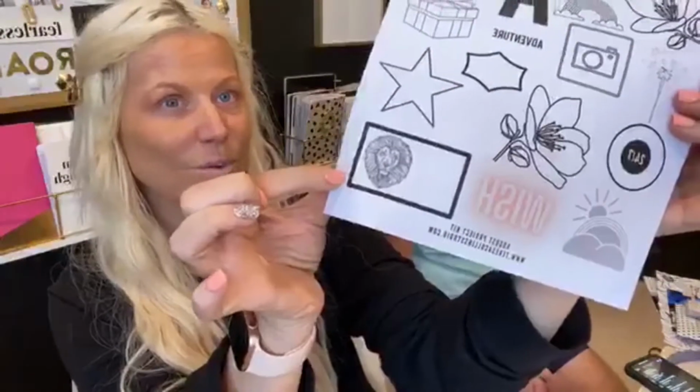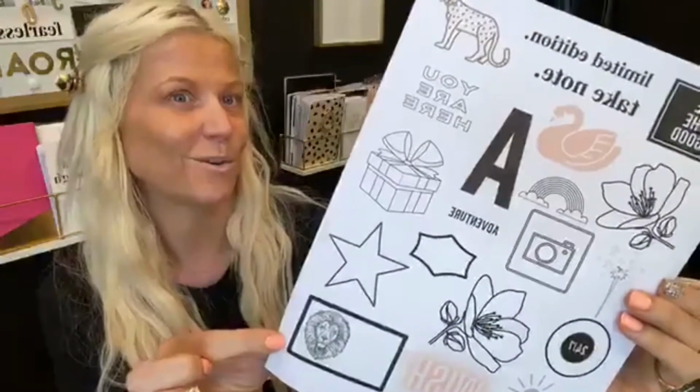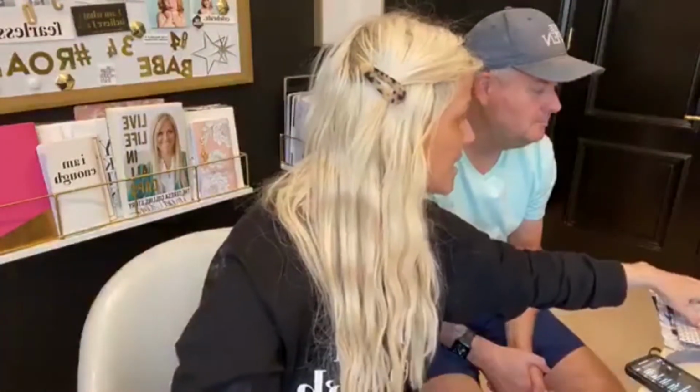Oh, I love this. I feel like even I might print that one out. You would print this out? Very cool, isn't it? So that is exclusive. You get this really cute accordion. This one is Make-A-Wish. It's like a birthday one, and it opens up. So you get this. You also get...